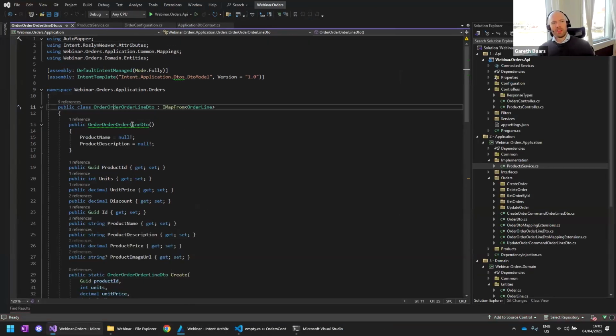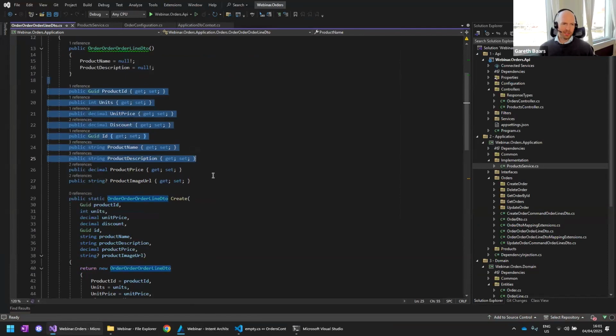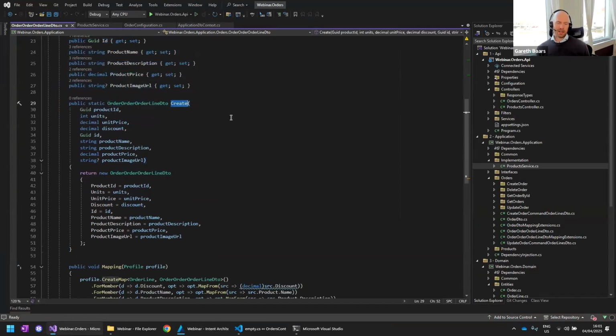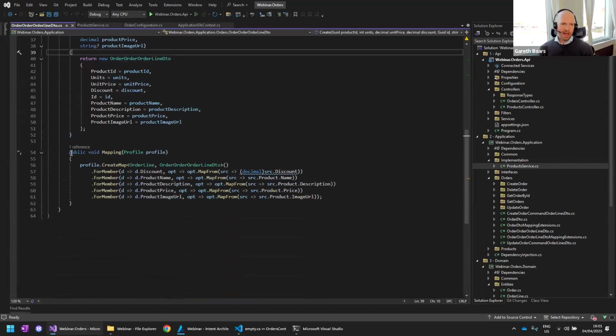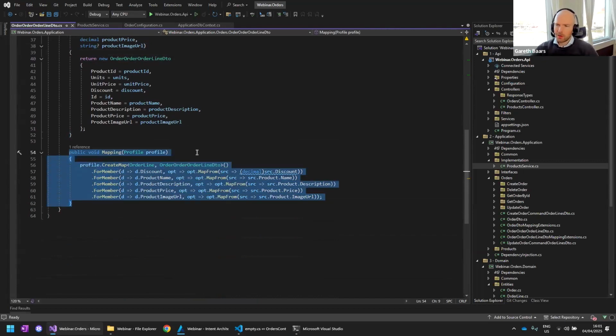It's going to open up the DTO itself, and we can see all the fields that are coming in. We can see it's got a static constructor, which is very useful to avoid bugs, if you're familiar with this pattern. And this is the order mapper code. So if we're curious about how this is all fitting together, we can dive right into the code to see exactly how it's all working. This is the order mapper, but with any mapping system, even direct mappings, it makes super light work of this. It's very straightforward and easy to do.